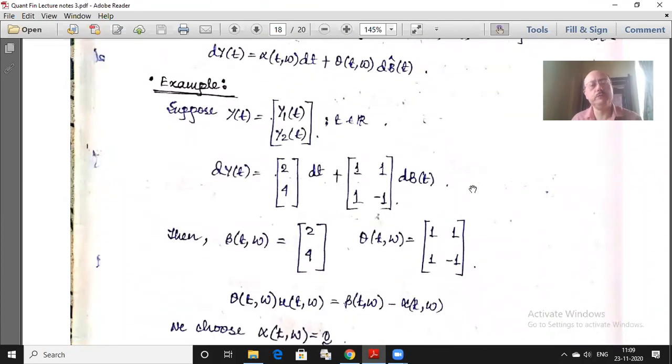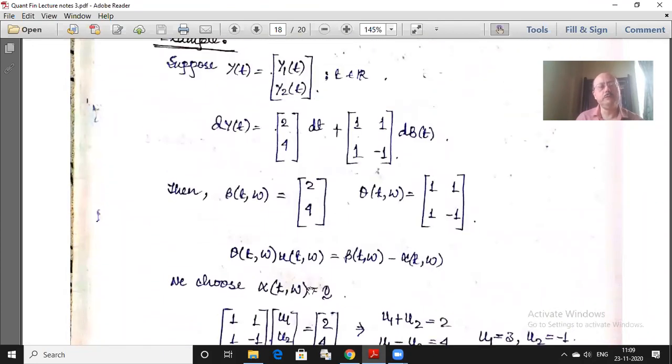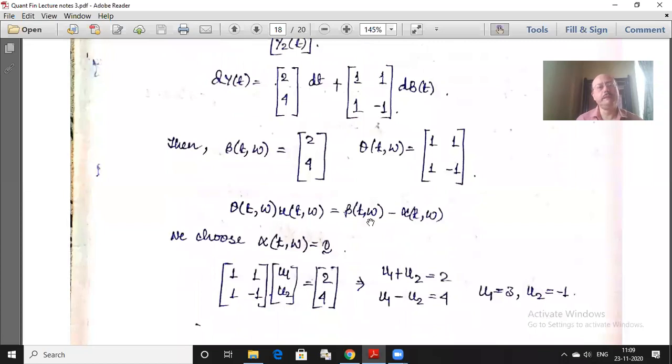So that's what we try to do here. So let us try to choose alpha equal to 0 and the corresponding u. I know this relationship will hold: theta u will be beta minus alpha. So if alpha is 0, then u will be essentially,